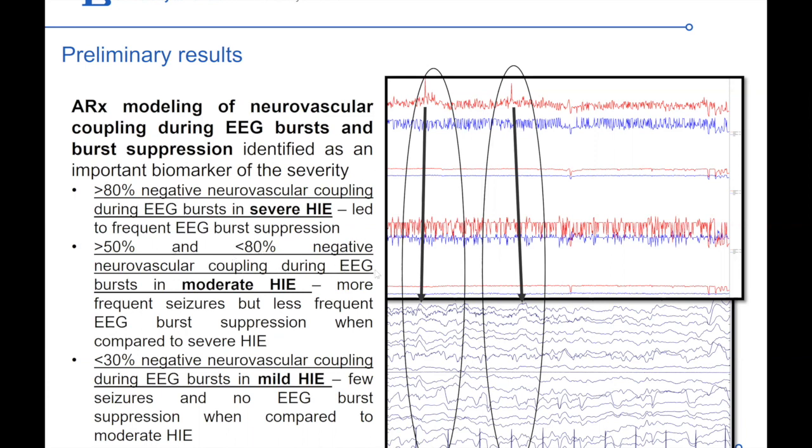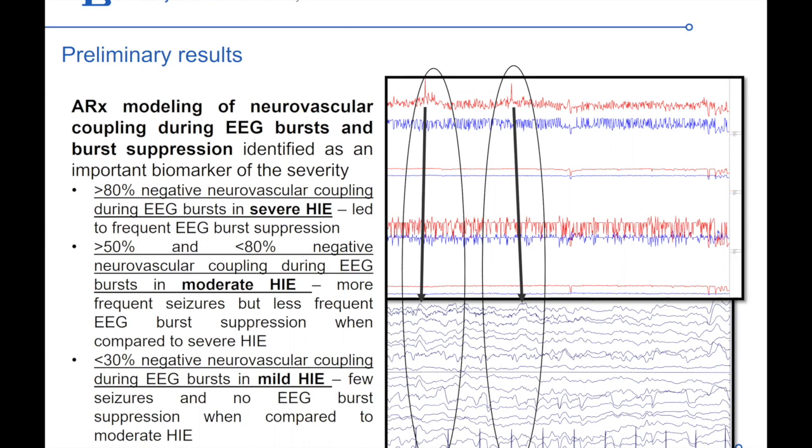We first used Brian's classifier to identify the EEG bursts, and then looked at what the hemodynamics is doing during the EEG burst. So that's what I'm showing here. In this moderate HIE, there was less frequent EEG burst suppression and there were frequent seizures, when compared to the severe HI. But the negative neurovascular coupling was less frequent in moderate HI, and it was less than 30% in mild HI during EEG bursts. So this is something that we are now proposing as a marker of the